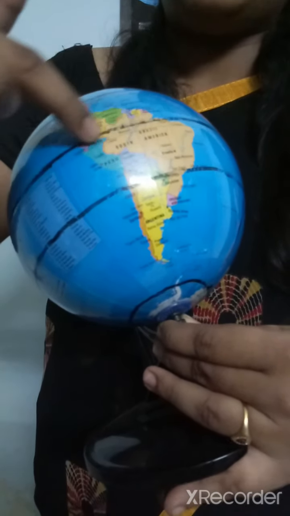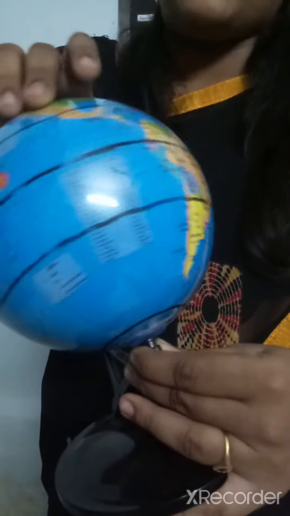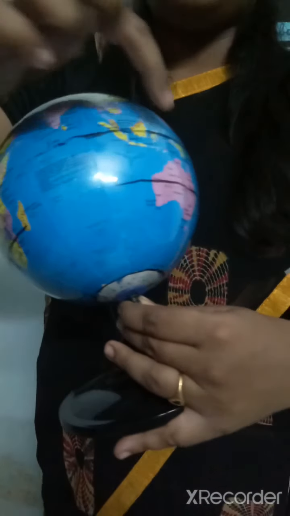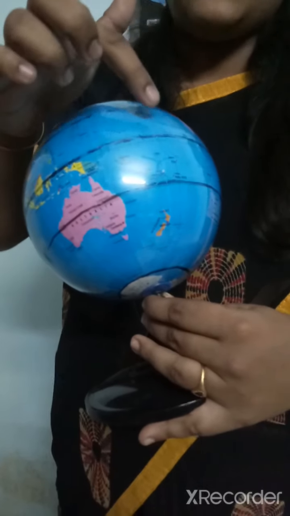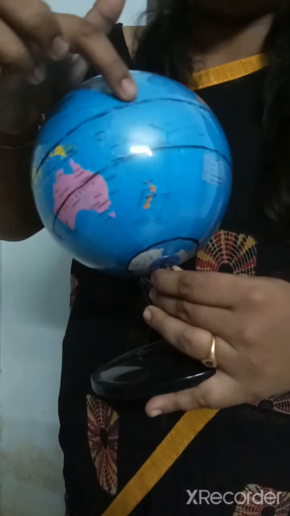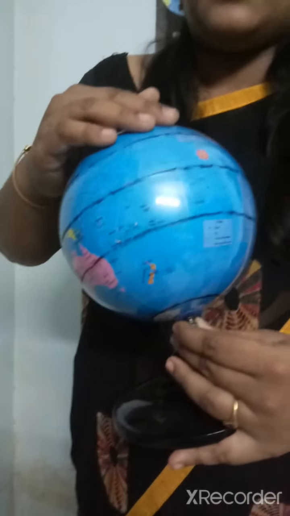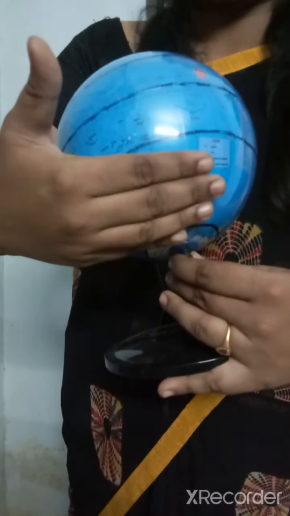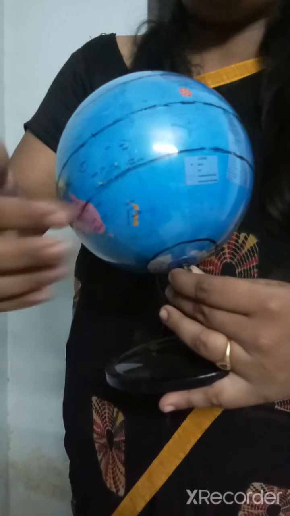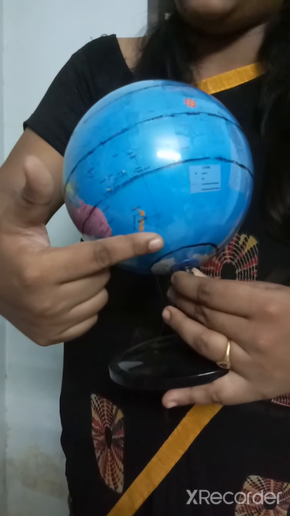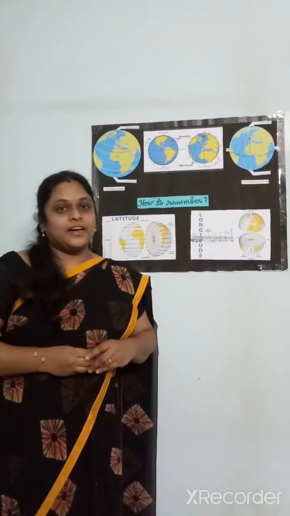So an equator is a midway circle. Why am I saying circle? Because all the latitudes are circles around the globe. I will come to the point of latitude. First, we will learn about the equator. An equator is an imaginary line that divides the earth into two halves. Towards the north is the northern hemisphere and towards the south is the southern hemisphere. Got it? Now I will explain about the latitudes and longitudes.